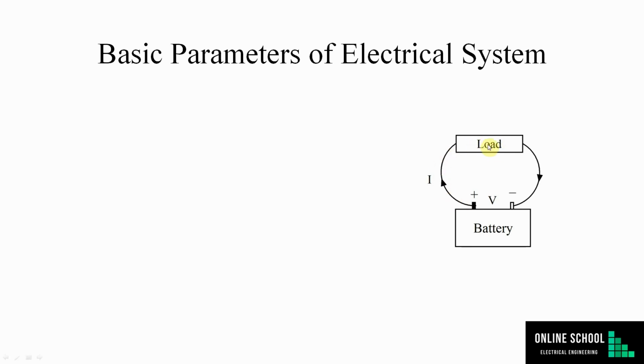Load is resistance, or in actual element we can say it may be lamp, it may be DC motor, it may be fan. So any kind of element that is connected to the two terminals of battery having voltage V is called load. If load is purely resistive, resistance will decide how much current will flow through the load. Current will flow through the internal chemical portion of the battery, and this wire or cable and through load, and current comes back to the negative terminal of the battery.